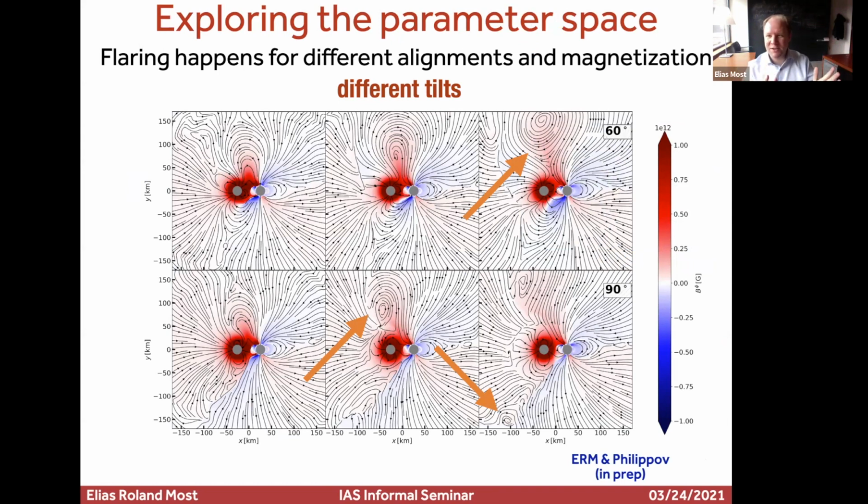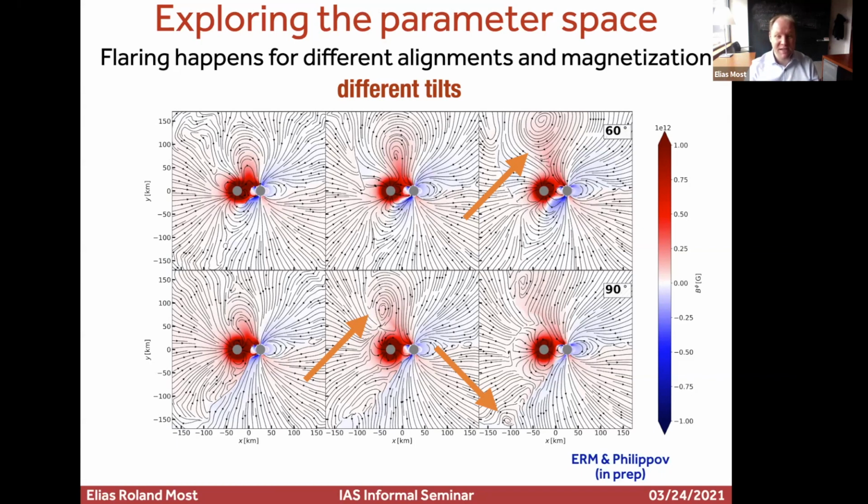So before I continue, I want to convince you, this is work that is still in progress, that this phenomenon actually happens quite generally. So even if the magnetic fields are misaligned for the two stars, because in general, the fields are not aligned with the rotational axis. Otherwise, we wouldn't see any pulsar rotation because there would be no spin down, and so we would not see any emission from pulsars.